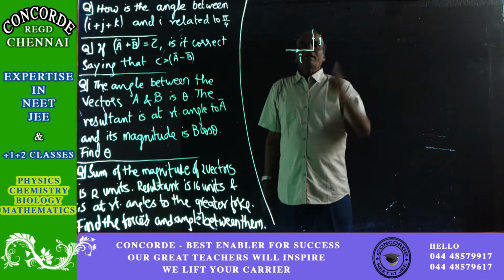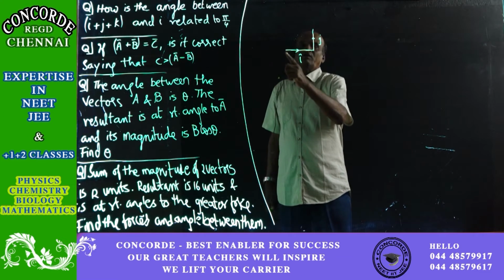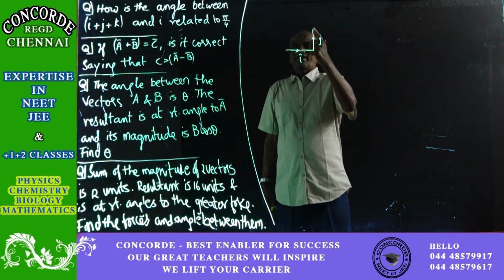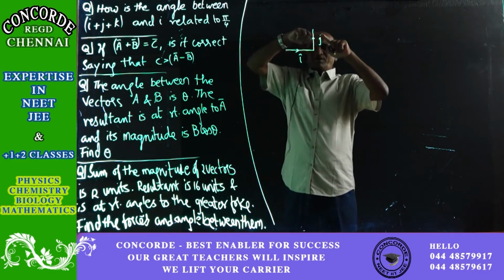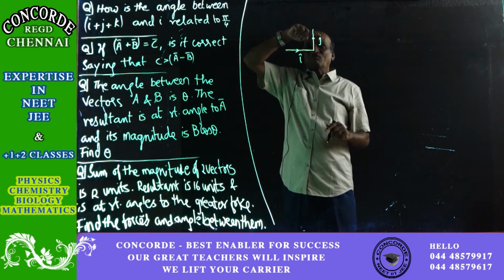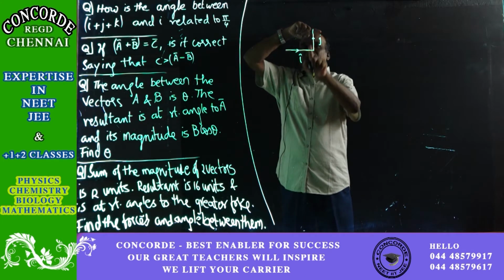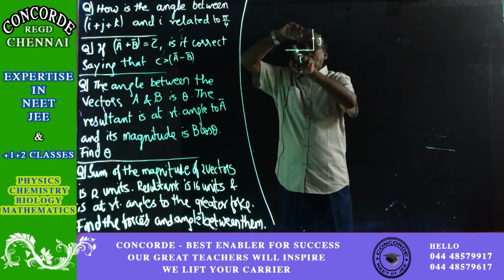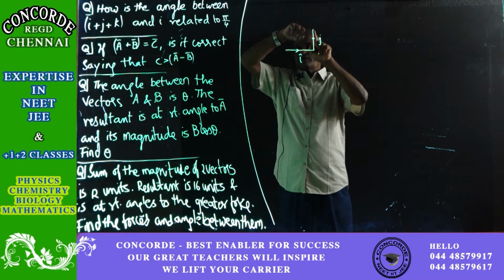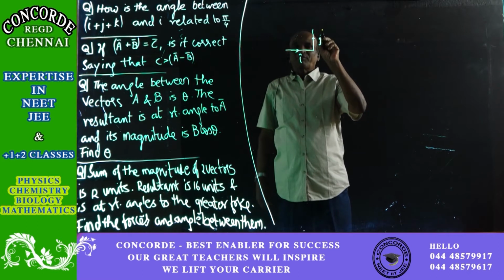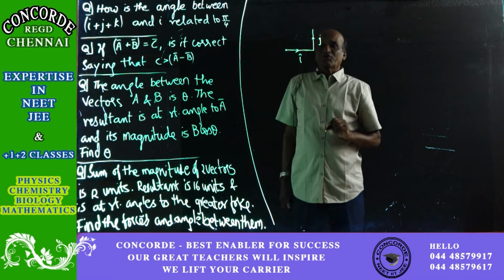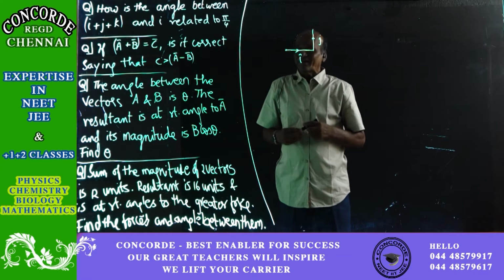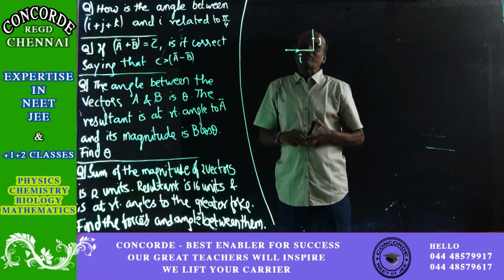It means that it cannot be shown on the screen. So i plus j plus k will be at 90 degrees to both of them, meaning it is towards yourself or towards me. So this is that imaginary point which is lying in space. So starting from i, then j, then k, if you join all of them, I mean if you join i plus j plus k, then the line from here to this end is going to be the resultant. So in what way is this angle related to pi by 4 is the question.